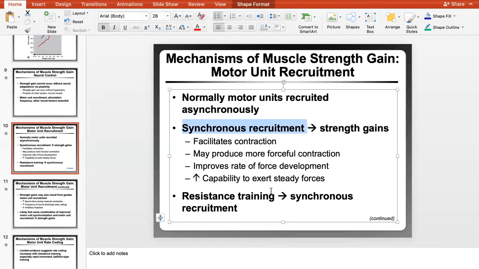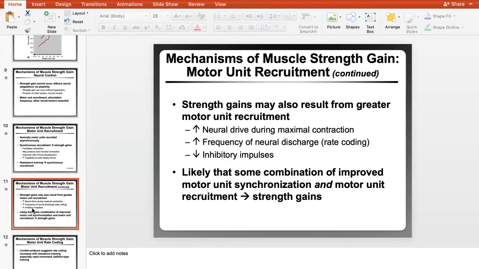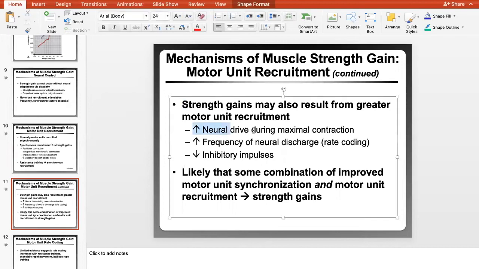And what resistance training does is it starts to establish better motor unit recruitment. Now, it could be the case that the brain is firing more effectively. It's increasing the neural drive, increasing the signal sent from the brain. It's increasing the brain's ability to come up with a new signal and another signal fast enough so that your muscles can actually receive a high enough voltage to create a good contraction, as opposed to a graded action potential